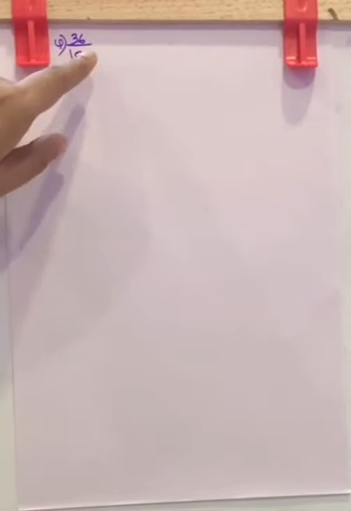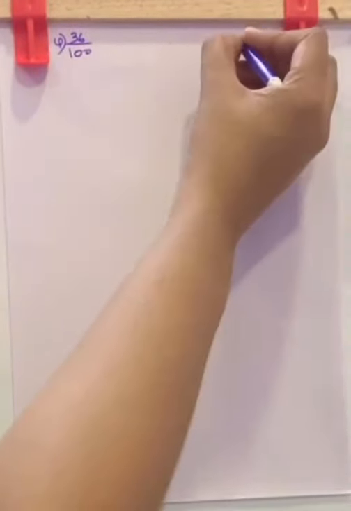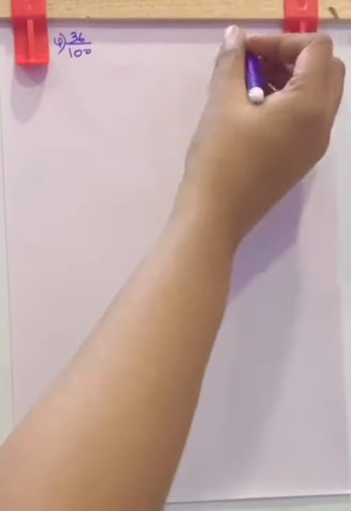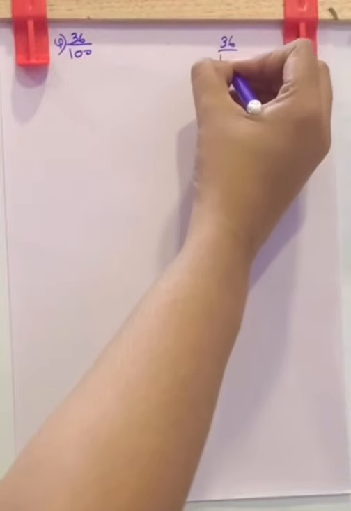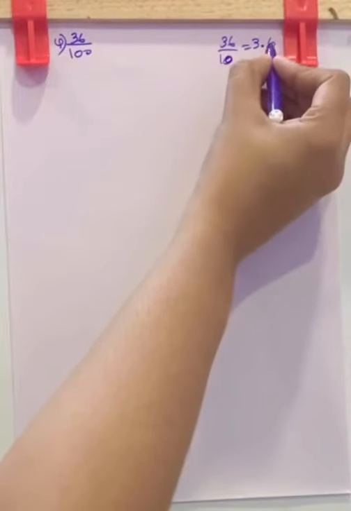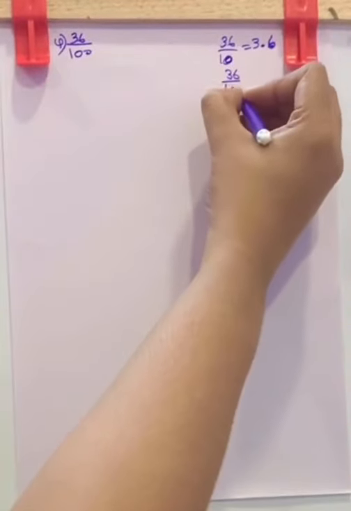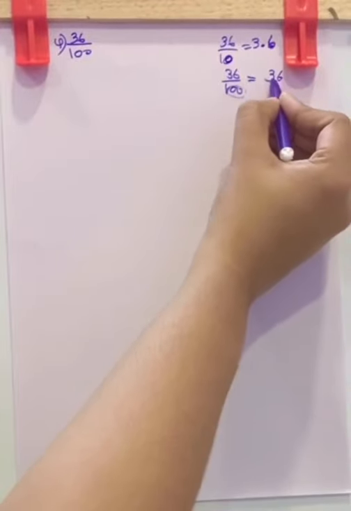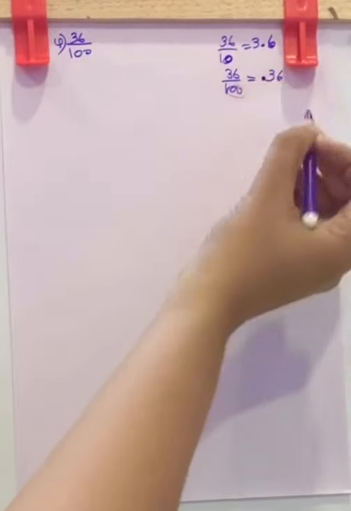Now, if a number is divided by 1 followed by zeros in the denominator, it is easy to find the answer. Because for division by 10, you have to count one place after the decimal. That is, if it is 36 by 10, the result will be 3.6. There is one 0 here, so after the decimal, you want one number. If it is 36 by 100, where will you put the decimal? Here are 2 zeros, so you have to put the decimal 2 places from the right. So, you can write it as 0.36.